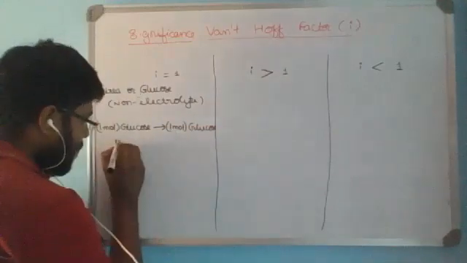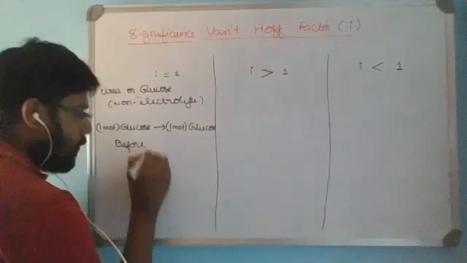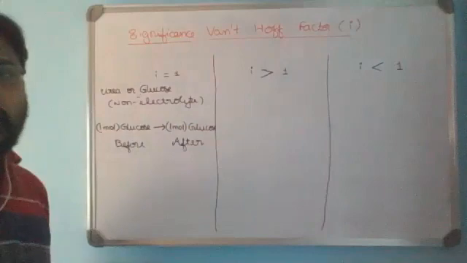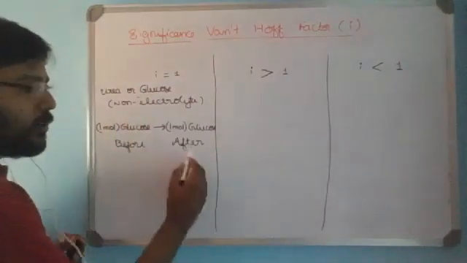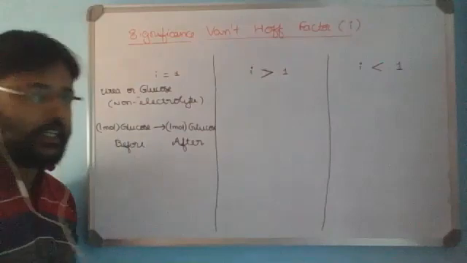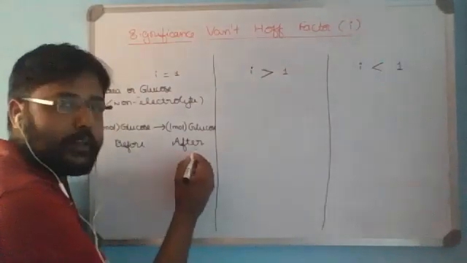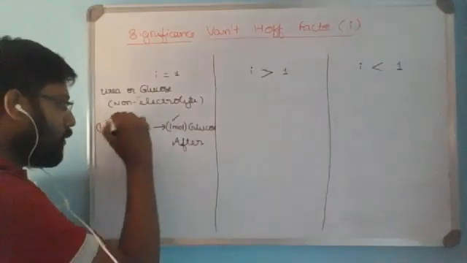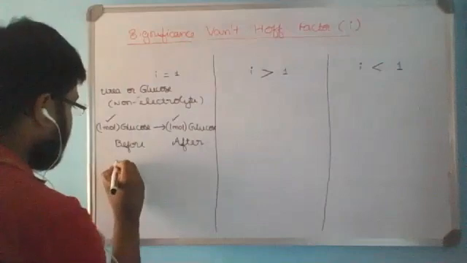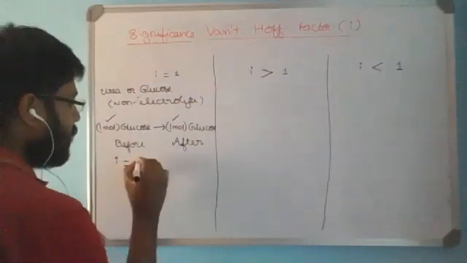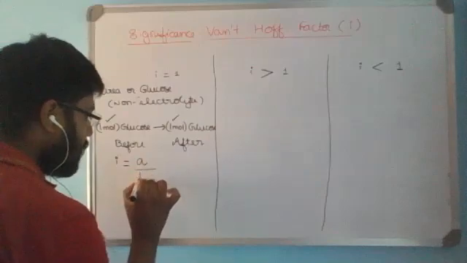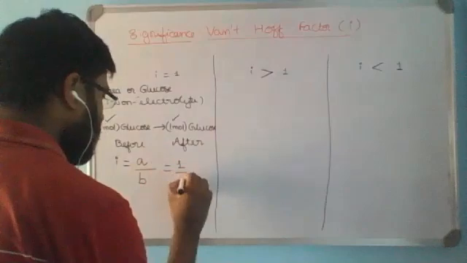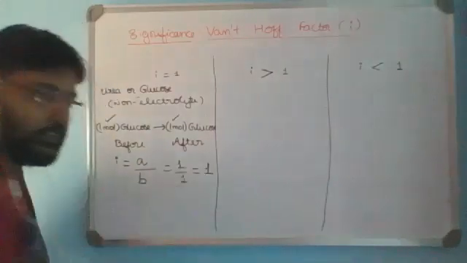so this will be before adding into the solvent, and this is after adding into the solvent to form a solution. As it is a non-electrolyte, it is not undergoing any dissociation or association, and after adding into the solution, its number of particles is 1 mole. Before it is again 1 mole. Then by using the definition, i is equal to after adding into the solution over before adding into the solution, it is 1 by 1, which is equal to 1.